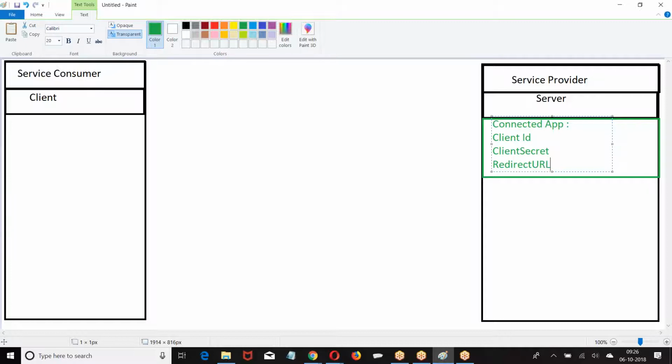What I am going to share is only client ID, client secret, and redirect URL. I will not ask the client to pass the username password when a client makes a request.